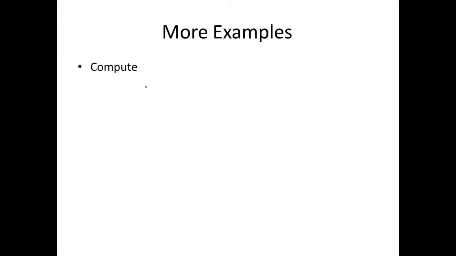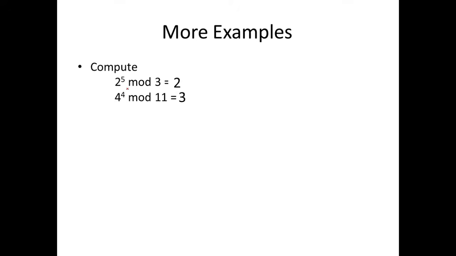Let's take more examples. Can you compute what is 2 power 5 mod 3? Can you take your calculators, compute this quickly and give me the result? It's simple, it's 2. 32 mod 3 is nothing but the remainder is 2. Likewise, 4 power 4 mod 11, what is the result? 3. So 256 minus 253, you're going to get that as 3.